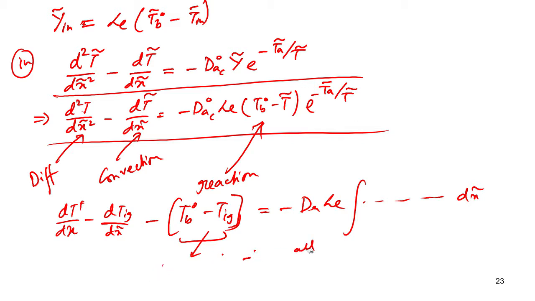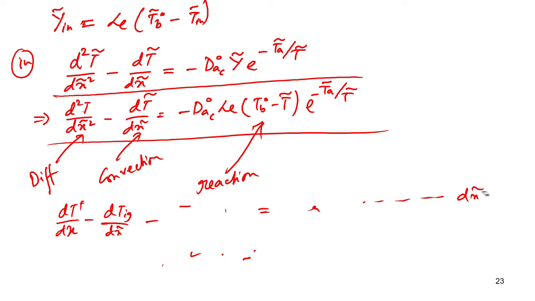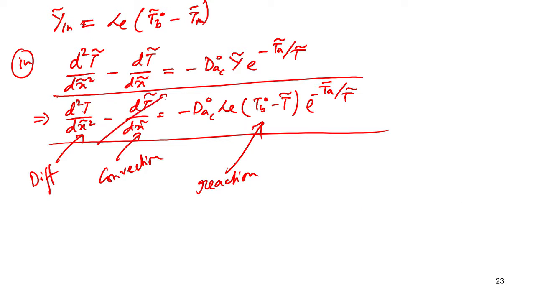That is why we can neglect these things, and convection will be neglected, and in the inner layer we will only consider the balance between your diffusion and the reaction. So this part will go to 0. We will just neglect it with respect to this term and this term. This part is actually never 0 because of obvious reasons, but we will consider it to be small with respect to these things. So now if you consider that, what we get is